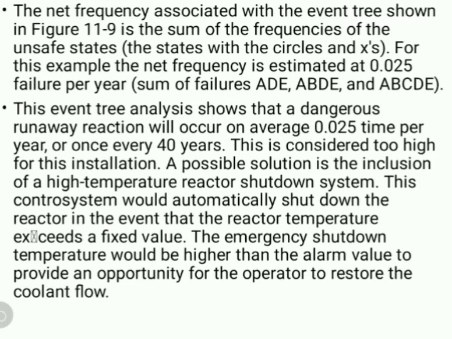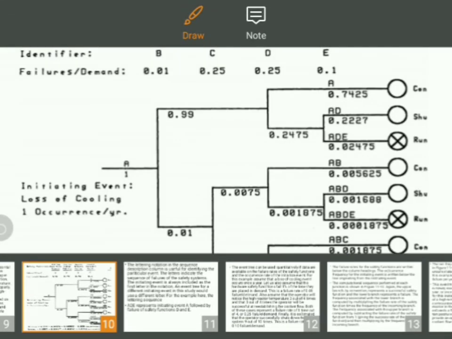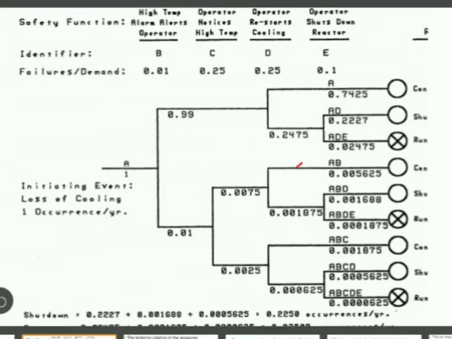Now this event tree analysis shows that a dangerous runaway reaction will occur on an average of 0.025 times per year. So that is once every 40 years. So how did we calculate that? Just see, for the runaway reaction,